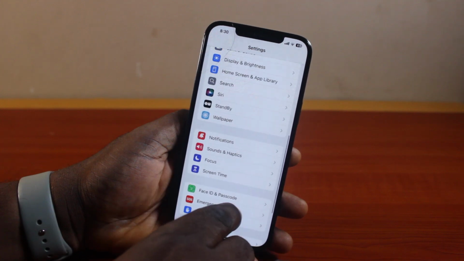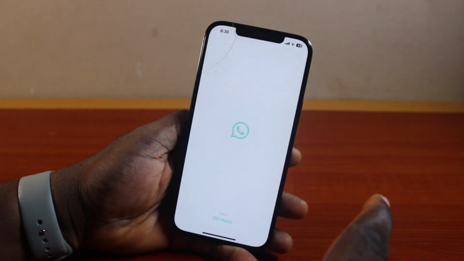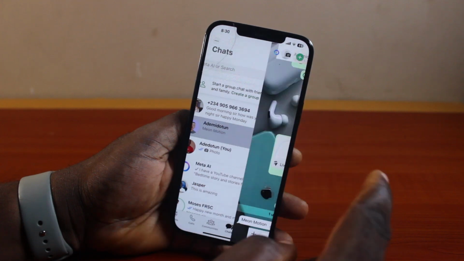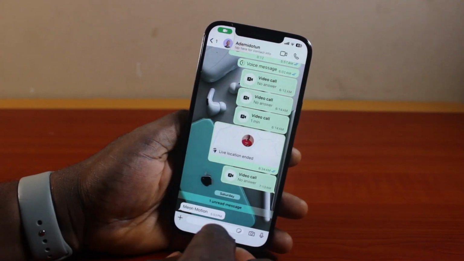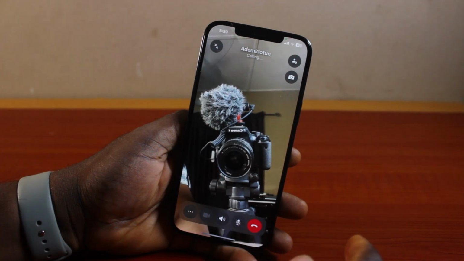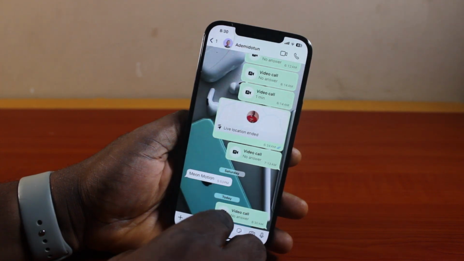Now, each time you want to make a video call on your WhatsApp application, all you need to do is go ahead, open the WhatsApp, then locate the account where you want to make the video call, click on the camera icon, and then your camera video call will go through. So that is basically how to enable camera access on